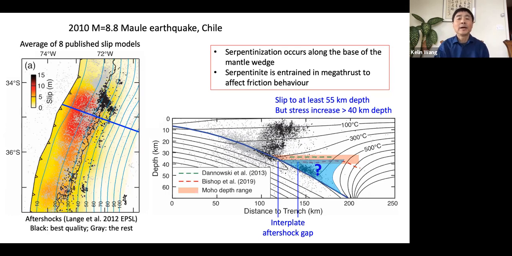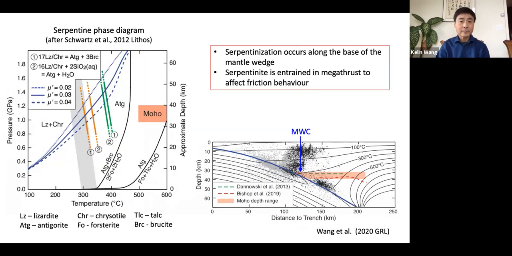And therefore, we need to look at what kind of serpentine minerals are produced in this process along the base of the megathrust, the base of the mantle wedge. And here's what happens, based on predictions from geological studies of the serpentine minerals in this environment. What's shown here is the temperature along the megathrust, that is the base of the mantle wedge here, as you go deeper. And also the same from this model, with temperature predictions if you use different friction coefficients.